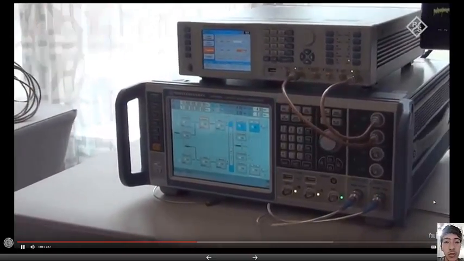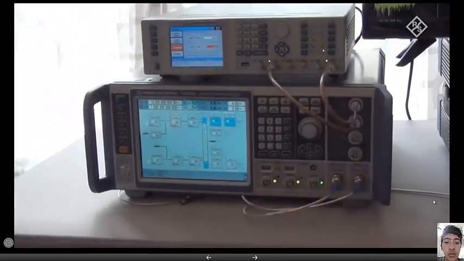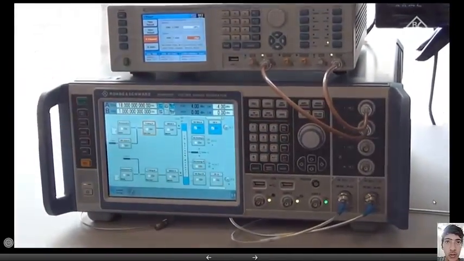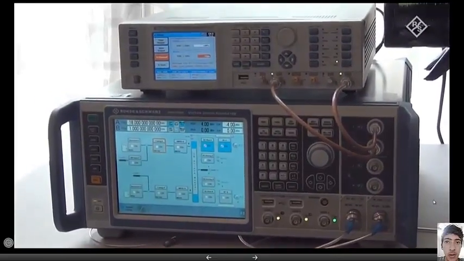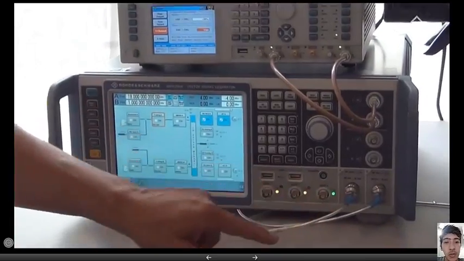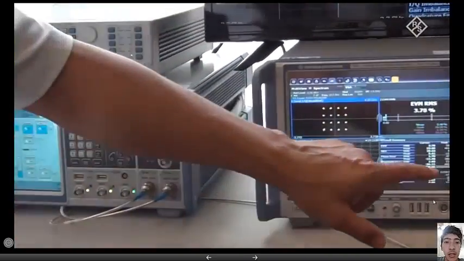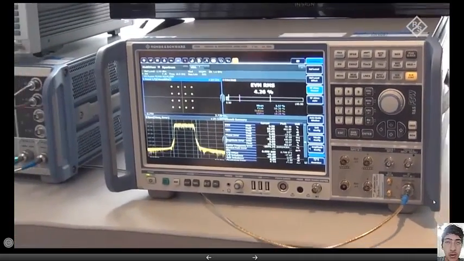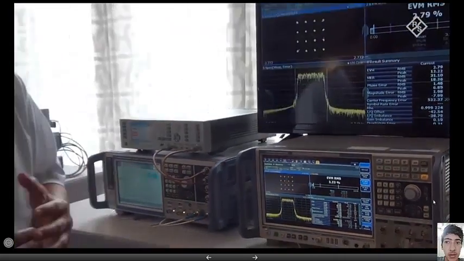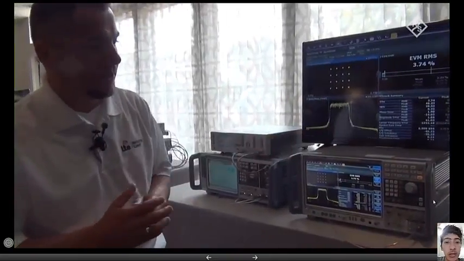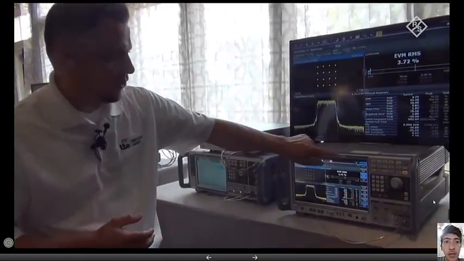So we're getting that waveform from the arbitrary waveform generator, analog IQ in, we're utilizing the 2 gigahertz IQ modulator of the SMW, we up-convert to 18 gigahertz, and then we're taking out that signal and feeding it into our spectrum analyzer, the FSW. The FSW is a unique product. It offers 2 gigahertz analysis bandwidth in conjunction with our RTO oscilloscope, and it goes all the way up to 67 gigahertz by itself.